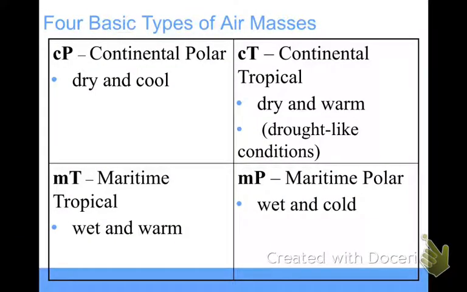So these are the 4 possible combinations. So your CP air mass, and notice the moisture letter always comes first and the temperature letter always comes second and is capital. I don't know why they set it up that way, but that's just how it is. So a continental polar air mass is a dry, cold air mass. So dry because continental, P, pole for cold. So whenever you look at these, you're just going to identify, is it a hot or a cold one, and then is it wet or dry? And you pick the corresponding letter.